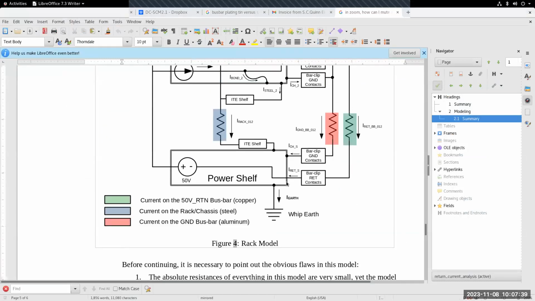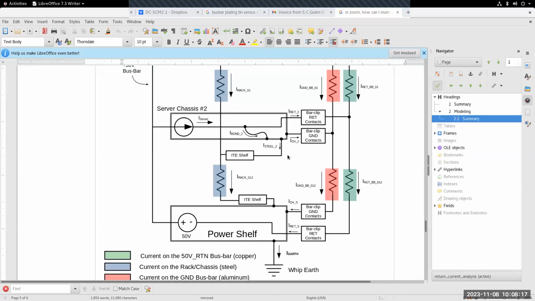So here's my picture of it. This is the power shelf, and the whip brings in the earth protective safety ground, and that's bonded to the chassis. But the return bus bar is not bonded to the chassis. So there is a protective ground, and by virtue of the chassis touching the rack, the rack is connected, and this chassis is directly mating to the bar tip of the ground contact up here. So the bus bars going up the back are definitely connected to the safety ground. I don't think there's an issue there.